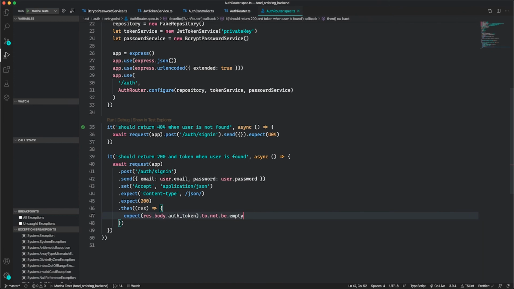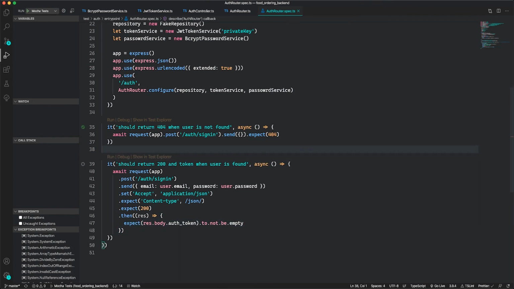So that is my expectation. So if I run this test, as you can see, our test is passing. So the user is valid and a token is returned, since the user is found based on the email and